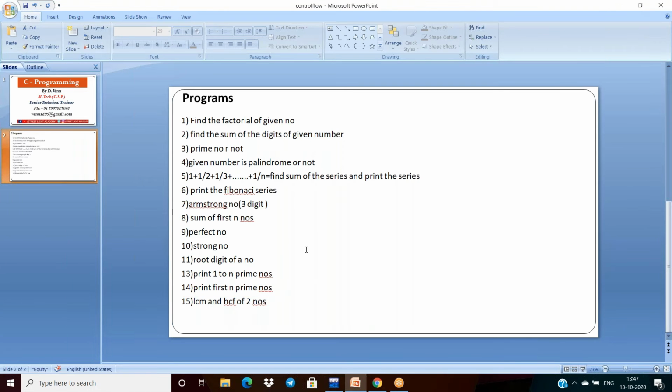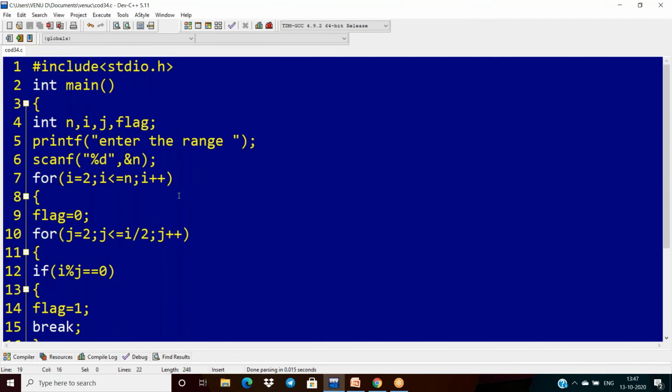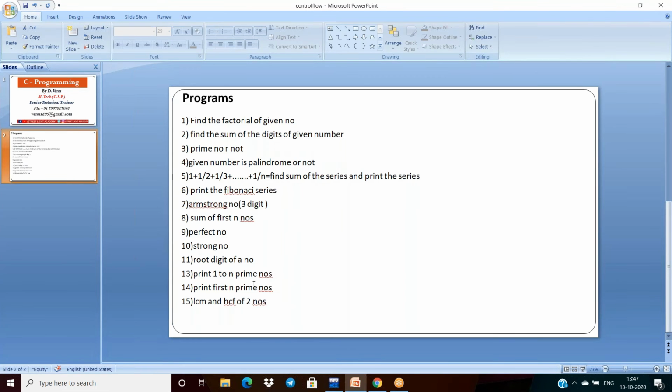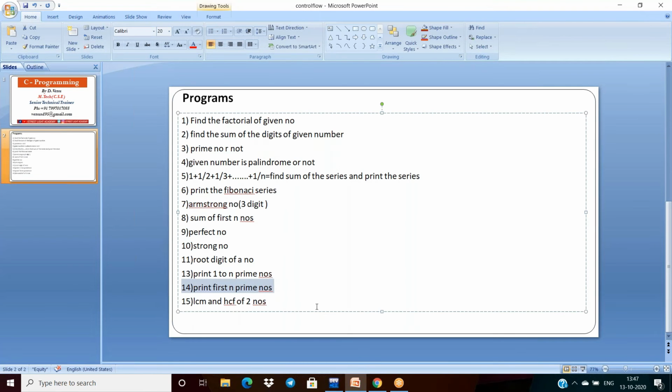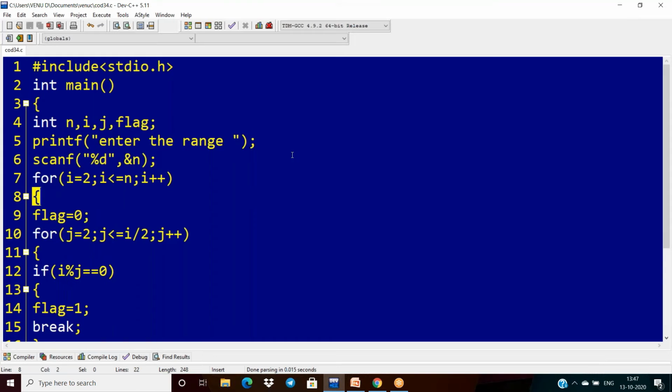So that means what? In the previous case, your n is the range, but in this case, n will be the count. So here n is the count.